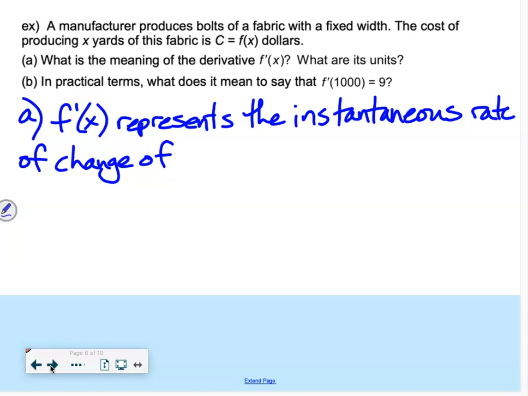Yards over dollars. Okay, that would be what the rate of change represents kind of. All I'm asking is for our f of x, just our function. What does our actual function represent, the f of x? It represents cost. It's production cost, right? It's the cost of manufacturing x yards of fabric, right? So f prime of x represents the instantaneous rate of change of f of x. What is f of x? The cost of production, rate of change of the cost of manufacturing or producing